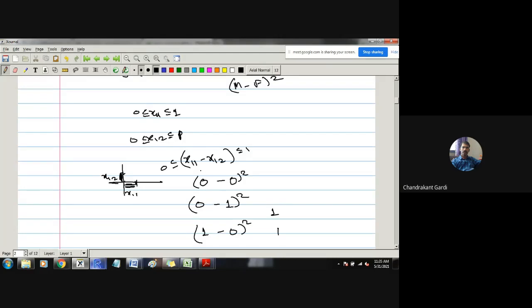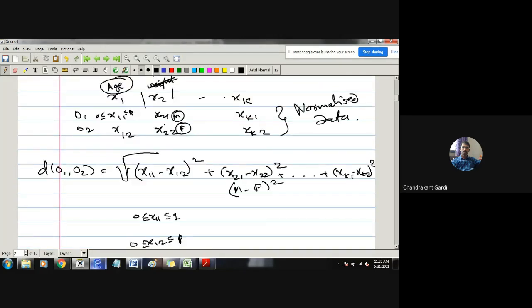So we will consider this particular aspect here. This difference is maximum 1, minimum 0, and we take the square of this difference. Similarly, what we will consider here is the difference between male and female as the maximum difference, because there are only two categories. One unit has taken this category, and the other unit has taken that other category. So there are only two categories.